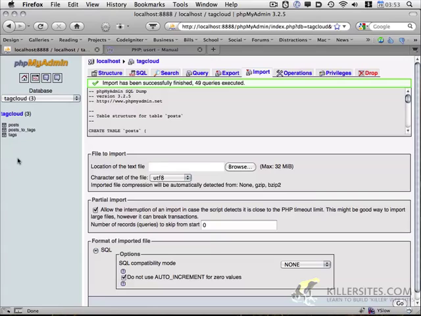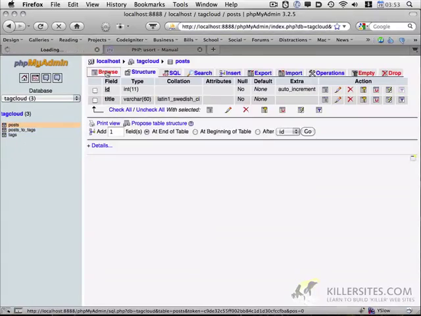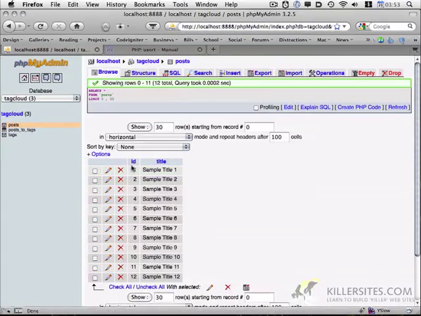To give you an overview of the different tables that we just imported, we have our post table, which if you browse, it contains the ID of the post and the post title. I've kept things pretty simple, keeping in mind that this is a basic example. Obviously, if you were building out a full blog application, you'd have a lot more columns, you'd have content at the very least, probably a date, etc. But just for this example, the post table contains an ID of the post and the post title,